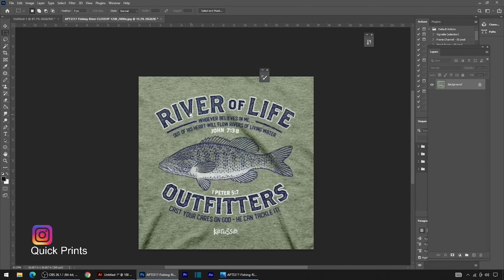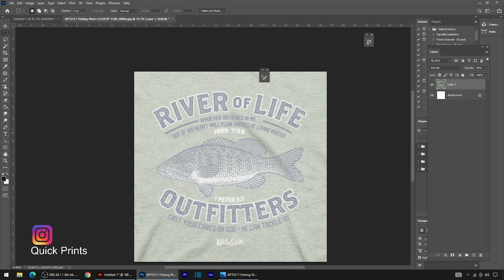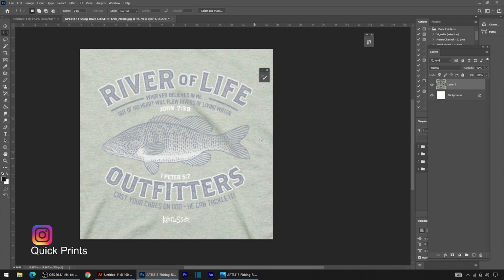So now this image is just a reference. Let me make a duplicate layer of this, right? And let's fill this background layer with white or black, or any other color. So let's reduce the opacity of this layer. Right. So now we need to understand how we can draw in a curve shape. There are many ways to type in a curve shape. So if I want to type the word champion,